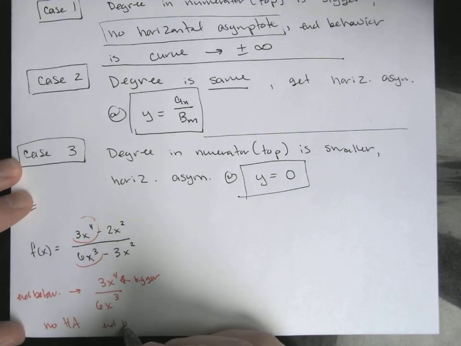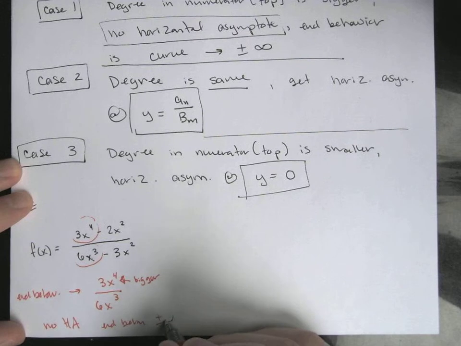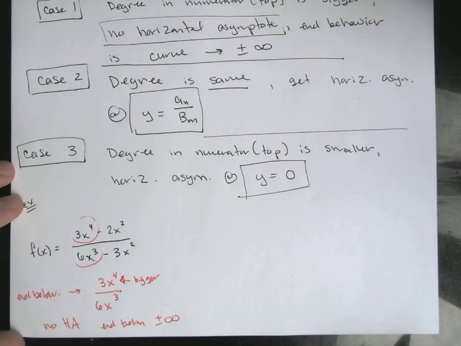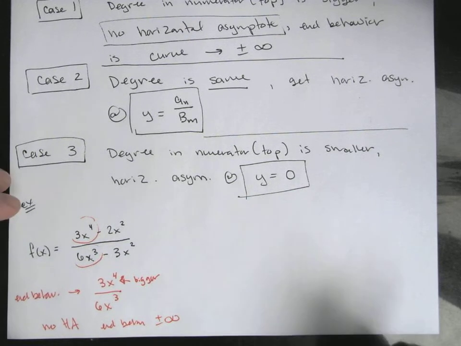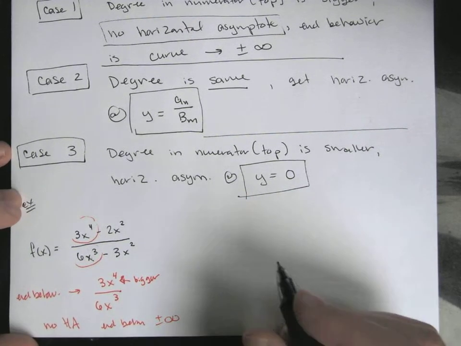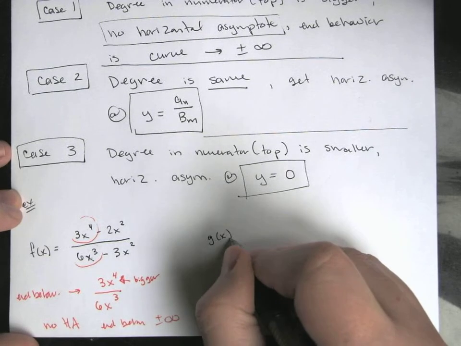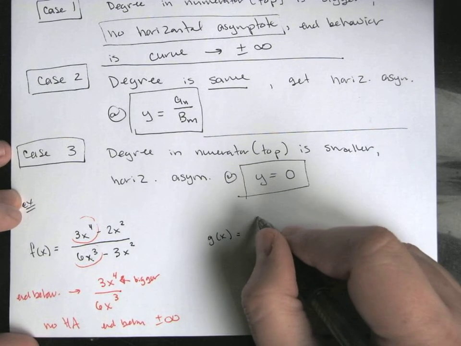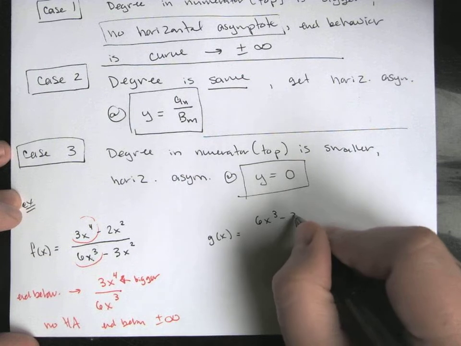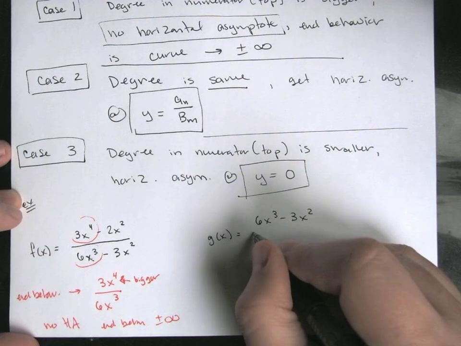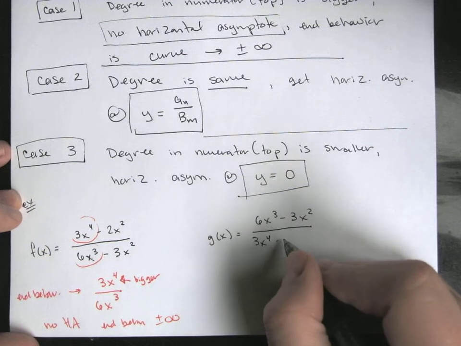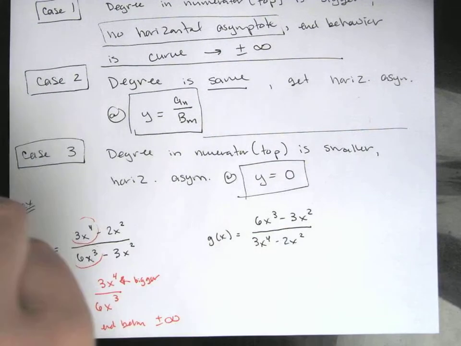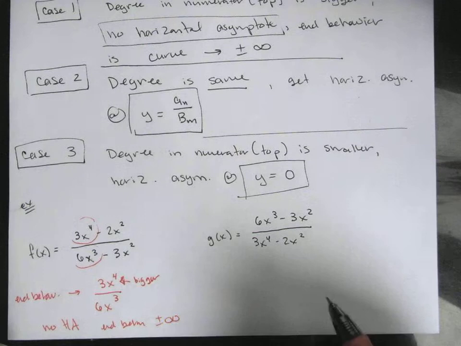We're just going to have end behavior that's some version of positive or negative infinity, and we'll go through how to determine which of those two is happening when we do our graphs in some of the upcoming videos. If I do g of x, let me take that exact same setup, but flip the top and the bottom. So let's do 6x cubed up top and then 3x to the 4 minus 2x squared on the bottom. So now what's happening, right,